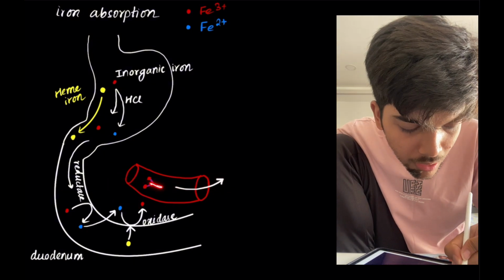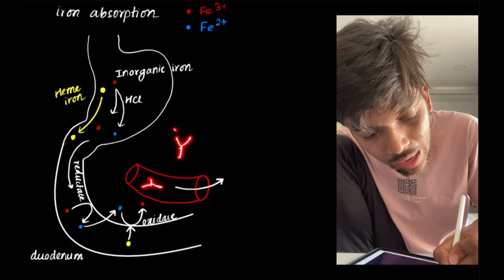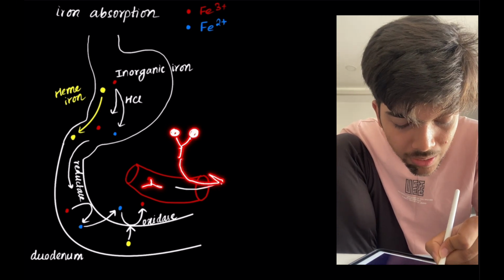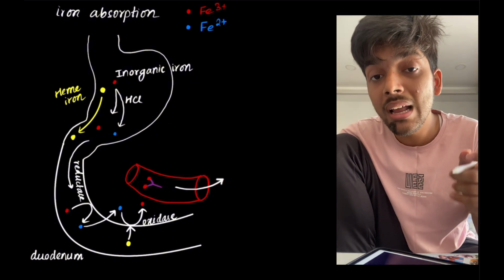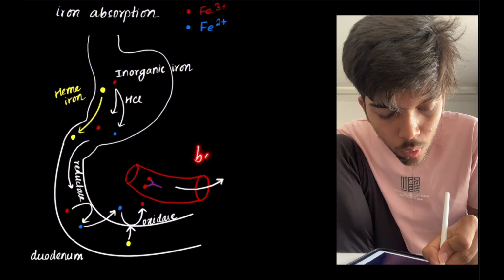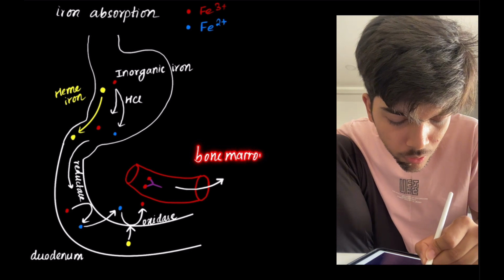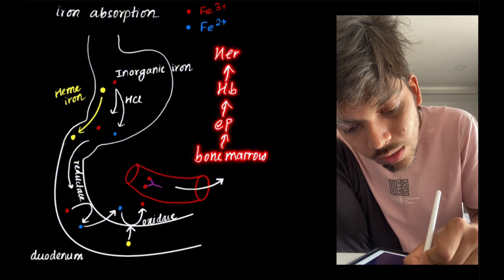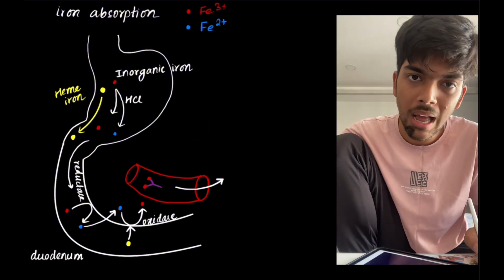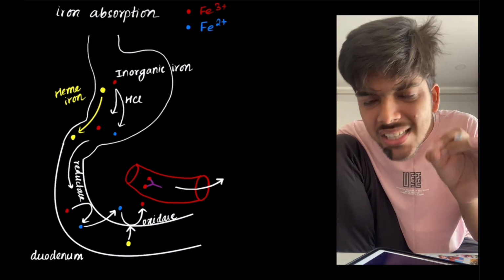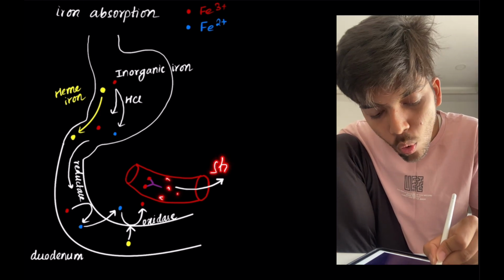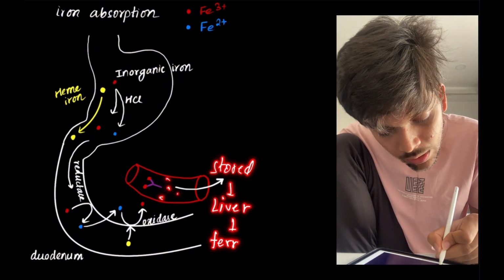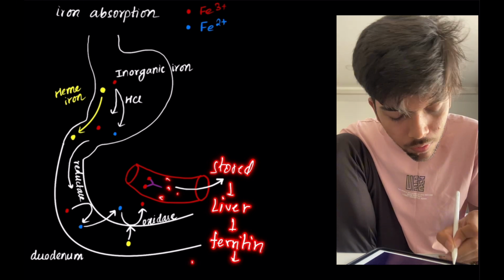Inside the blood, you have something called transferrin. To this transferrin, at one time, two ferric ions can combine, and then this transferrin transports the ferric ion to different parts of the body where they are either used, for example, in bone marrow, for the process of erythropoiesis, for the formation of hemoglobin, for the formation of heme, this ferric iron is utilized. And the extra iron present in blood is stored in the liver in the form of ferritin. If there is too much iron, it is stored in the form of